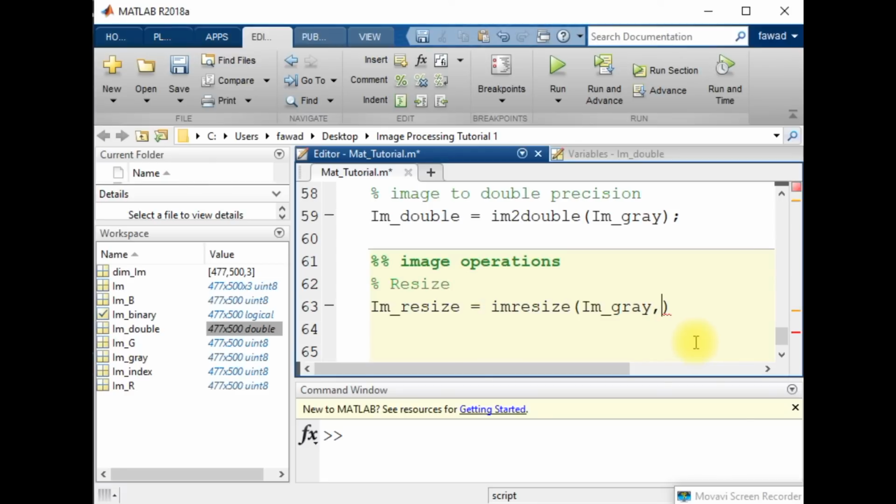I want to resize it to 50% of its rows and 50% of its columns. And when I run the code within the workspace,